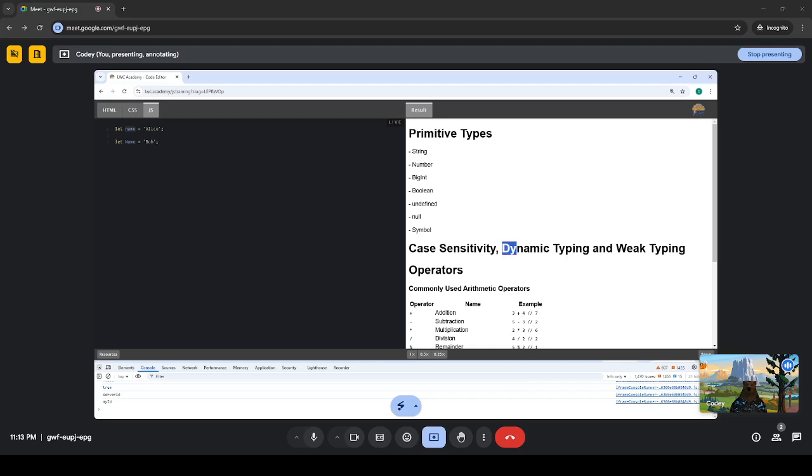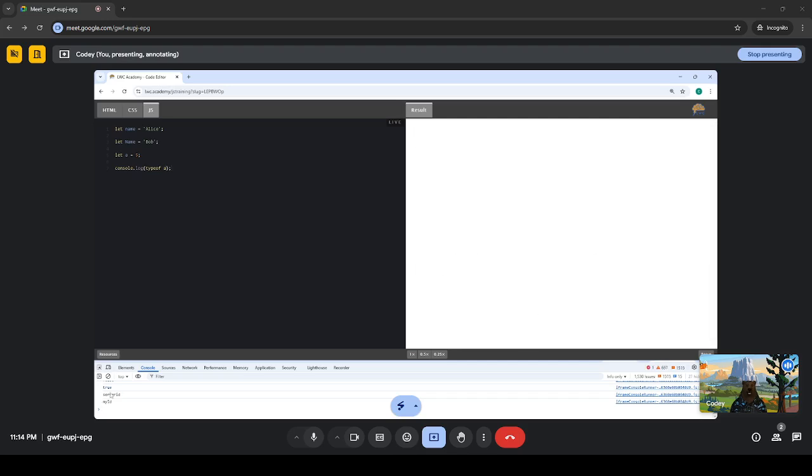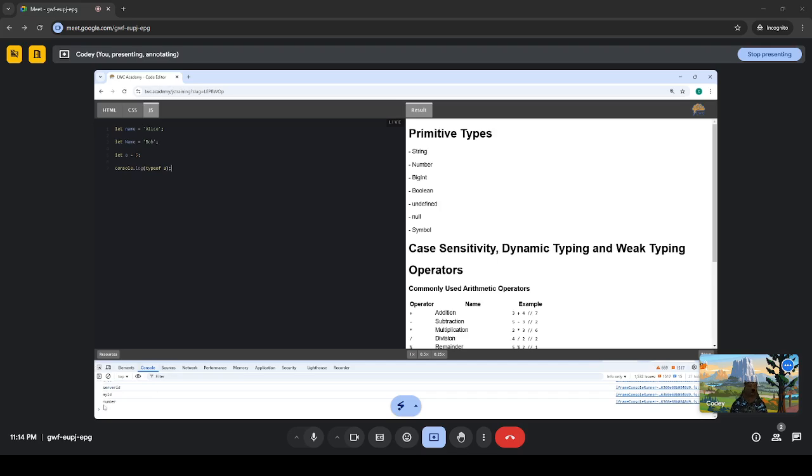Next is dynamic typing. JavaScript is a dynamically typed language, which means that variables are not bound to a specific type. You probably caught that from my examples until now. We can say like this: when we check the type of variable A, it will be, as you see, number. You see here, number. So let me clear the console like this. Okay,